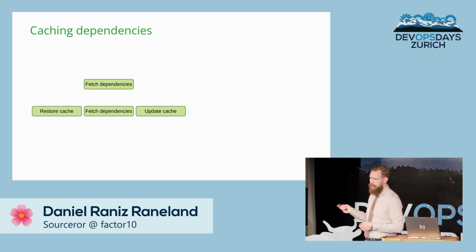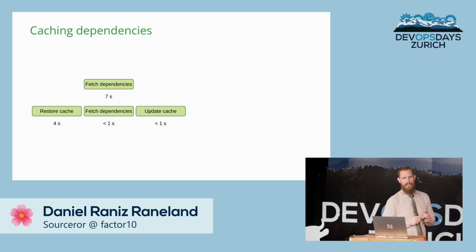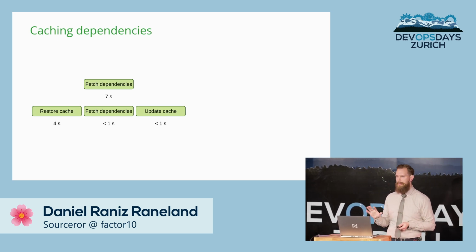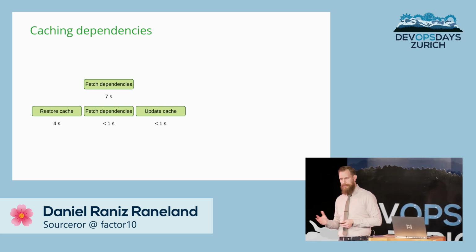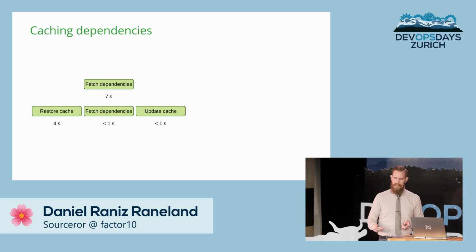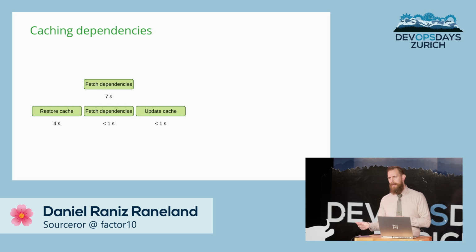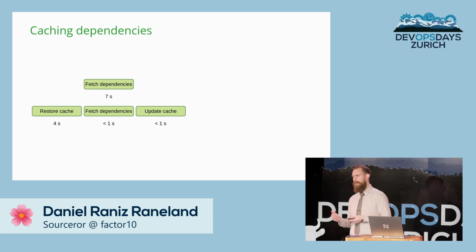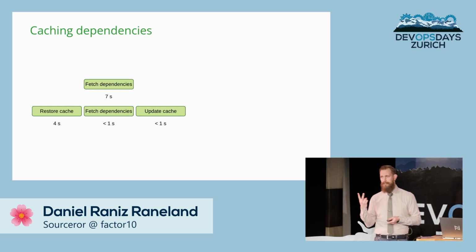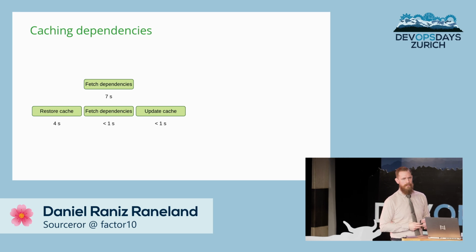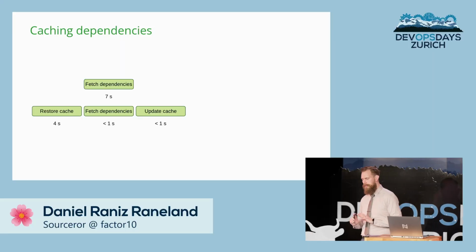And then we update the cache if something has changed. Now, this is a good idea for several reasons, but it doesn't really save you any time. In the Rust case, this is 80 or so dependencies downloaded from crates.io. Restoring the cache takes 4 seconds. Checking that all the dependencies are there and updating the cache takes around 1 second in total. Compare that to downloading everything from scratch from crates.io, which takes 7 seconds. So we save around 2 seconds, which is not really worth it. There are other benefits, like not relying as much on the internet, but it doesn't save us that much